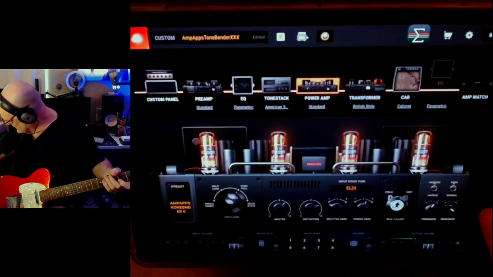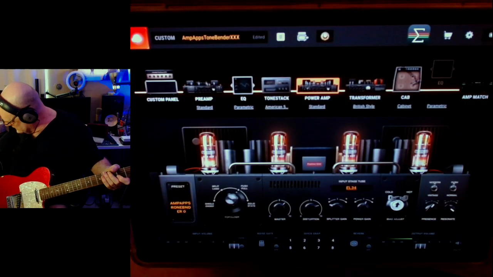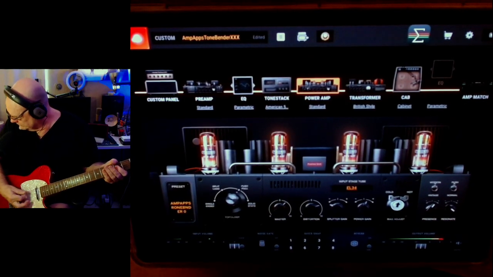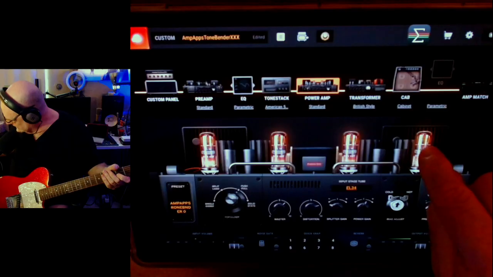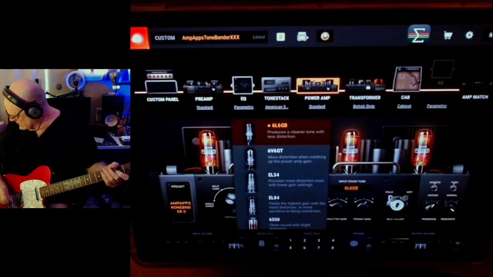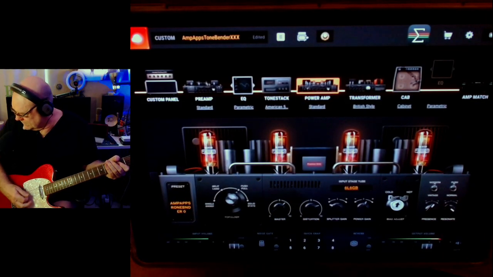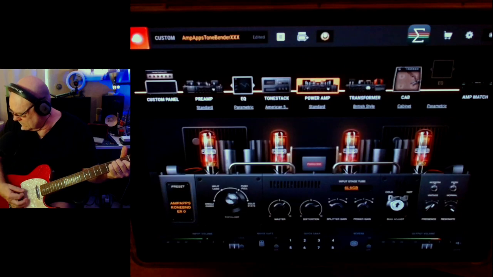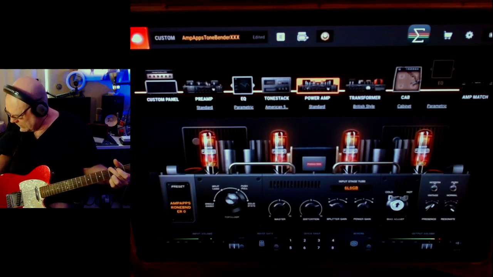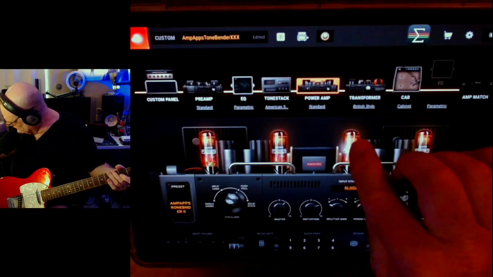So those have a lot of heat, and I might have distorted my OBS. Let's turn it down a little bit. A lot of attack. Let's go back to the 6s. Kind of a fatter, compressed sound. And then we go back to the